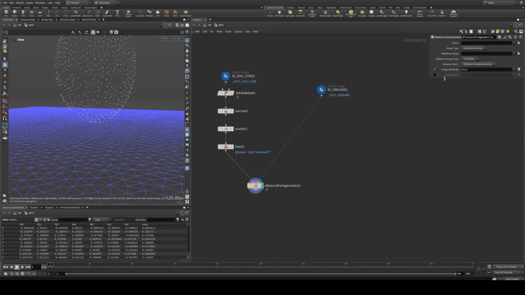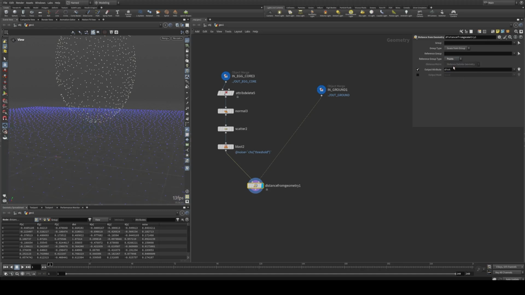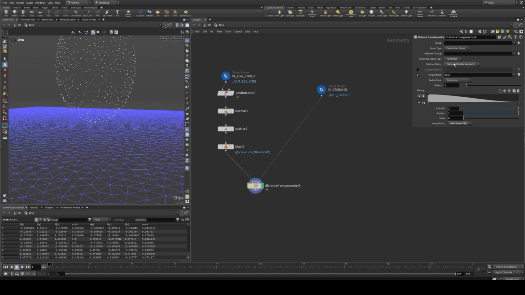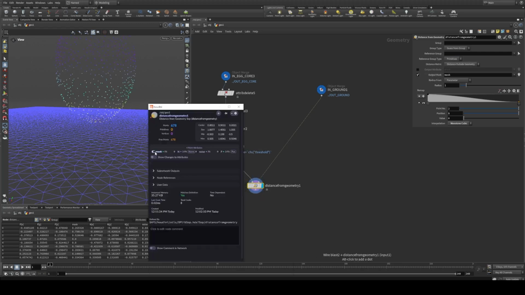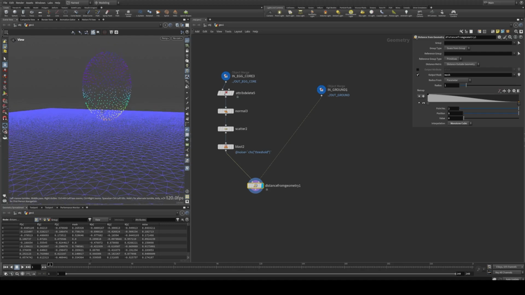So if this is distance, but I want to use distance in geometry and points, and make a mask. Hopefully it's okay. Now the mask is okay. You are going to visualize the mask. Now you see